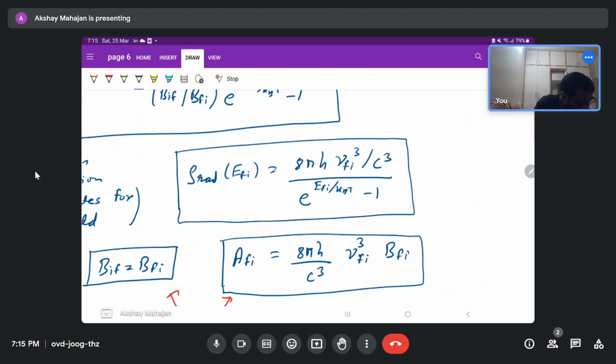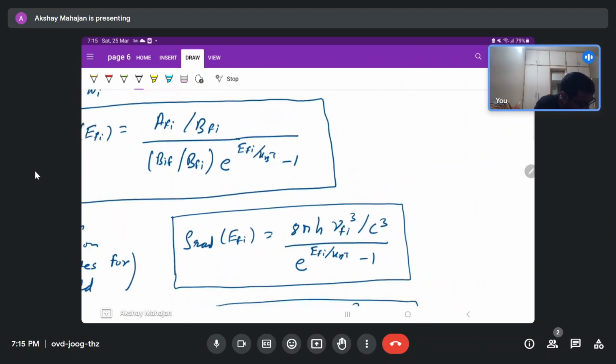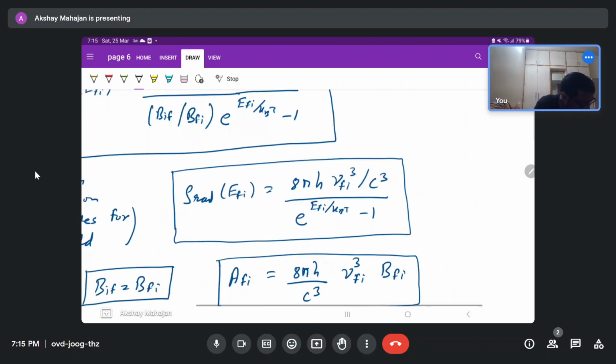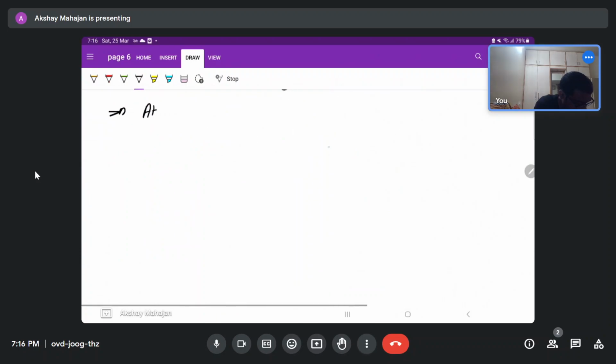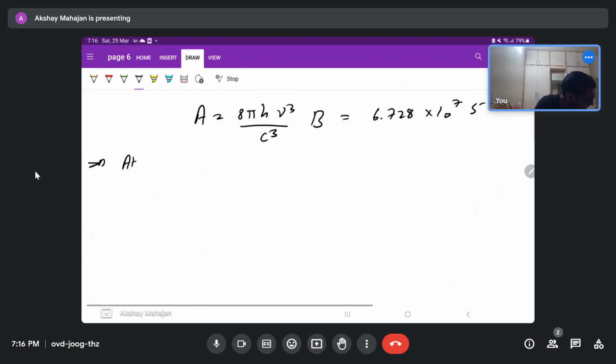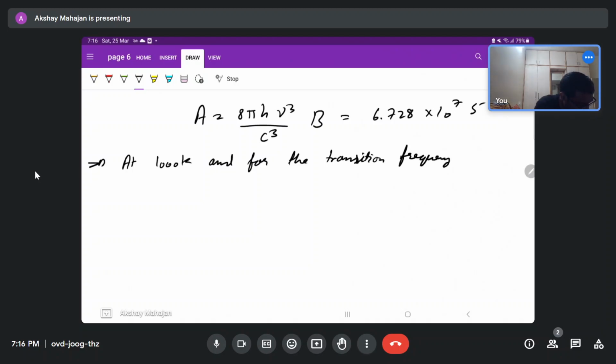Otherwise we will have three variables: energy E, A and B as well. So at 1000 Kelvin, and for the transition frequency nu,